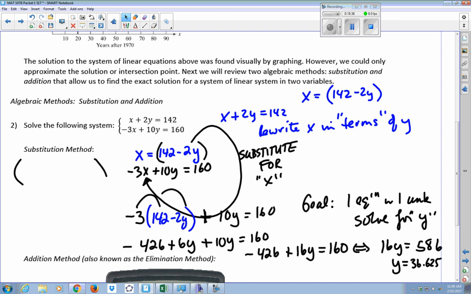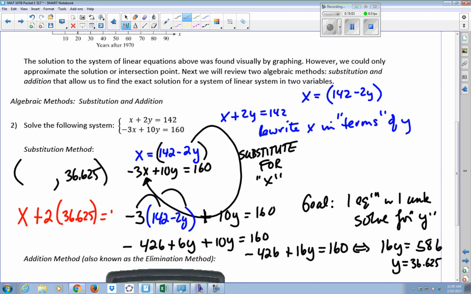Remember, the solution to a linear system is an ordered pair, so I need both my x and y. So now you go back. Never go back to any equation you've manipulated; always go back to one of your original equations. So I'm going to pick on my first equation here and say x plus 2 times y,